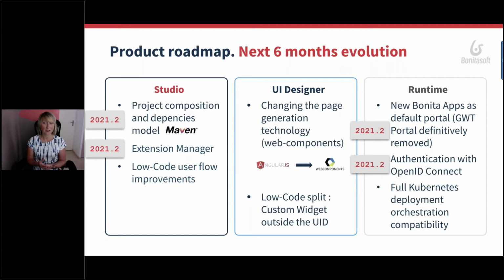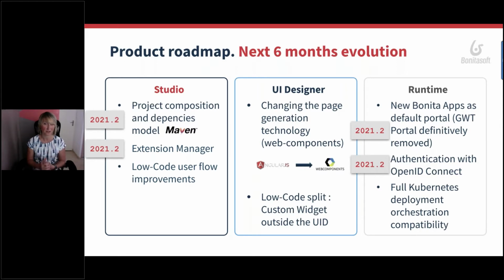Moreover, we are going to support authentication with OpenID Connect natively in Bonita 2021.2, and, for example, the creation of users on the fly in Enterprise Edition will also be possible using OpenID Connect. Finally, we are going to have full Kubernetes deployment orchestration compatibility, which makes it even easier to work in cloud environments and using all the